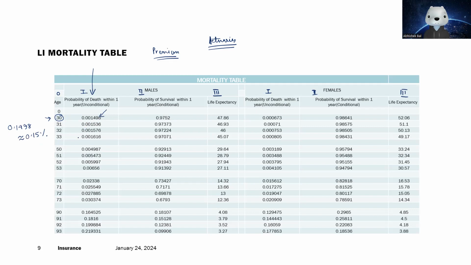Okay. Similarly, if we are talking about a 50-year-old person, the probability that this person would die in the next 1 year is 0.49, or roughly say 0.5%. Okay. Now, please understand, there are a few things that are pertinent: these data are purely random in nature. And secondly, these are referred to universally as being published by